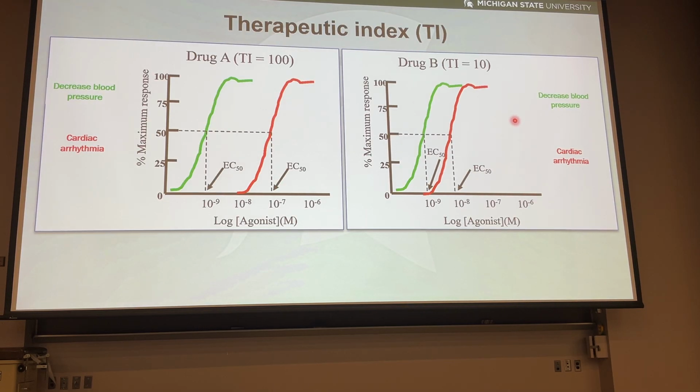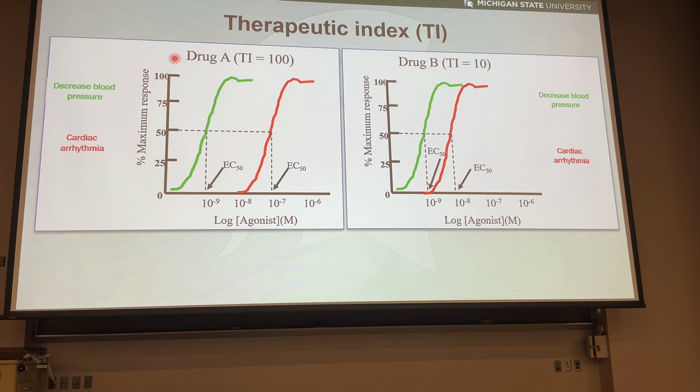And, okay. So, the last bit on that. Therapeutic index. Once again, we're looking at dose response curves. Maximal response on the Y, or excuse me, percent response on the Y, concentration of agonist on the X. Drug A and drug B. What we talked about before is